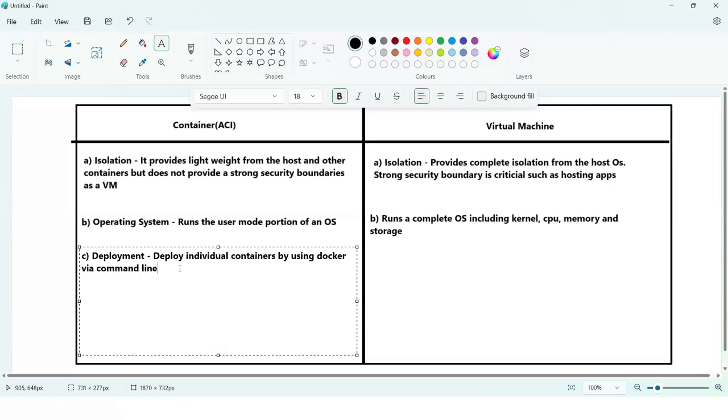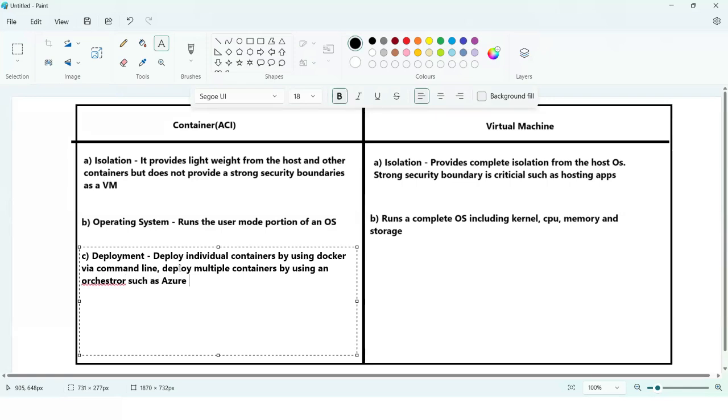In on-premises, we install Docker and use the command line to pull the images, and you can even deploy multiple containers. I'll show you how we can implement containers by using an orchestrator. You might have heard about